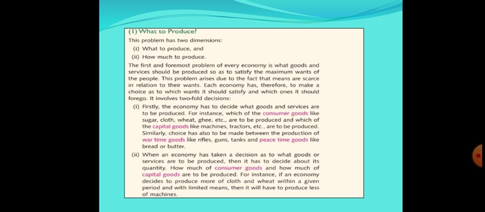But this essentially happens due to the fact that if a country decides to produce more of one type of good, it needs to give up on some other type of good. Once a country has decided about what goods to be produced, then it must decide about in what quantities, that is, how much to produce. This again is mainly dependent on the quantum of resources that it has and the magnitude of its population.